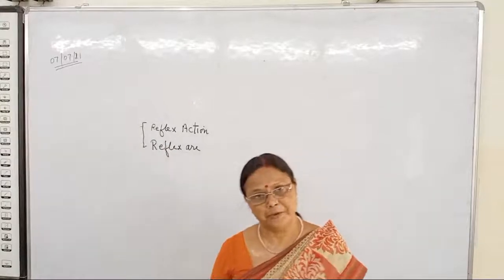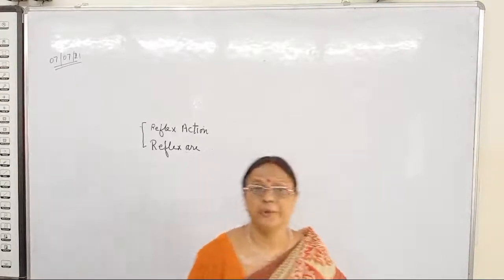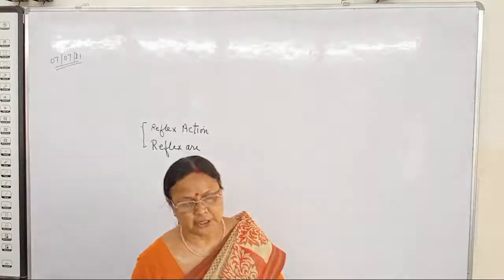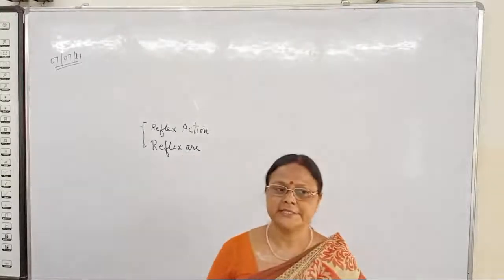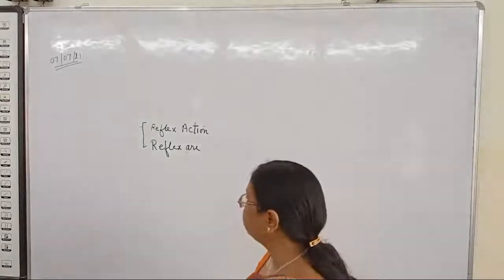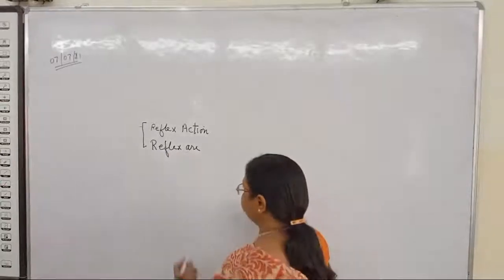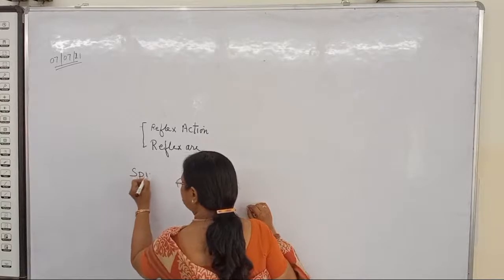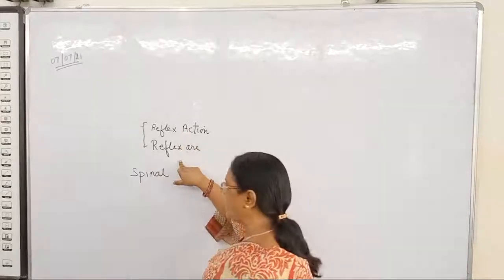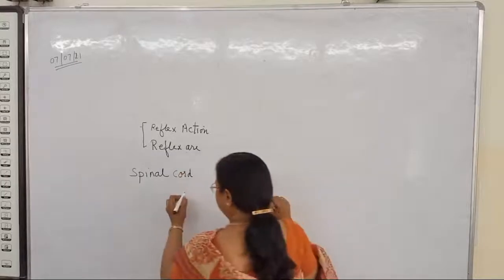You know the structure of the brain that we discussed, that it is divided into forebrain, midbrain and hindbrain. The forebrain is comprised of the 2 cerebral hemispheres and the diencephalon, and then the midbrain is there. Then you have hindbrain, in which you have pons and medulla oblongata, and this medulla oblongata continues in the spinal cord. So we will talk about the structure of the spinal cord before going to study the reflex action and the reflex arc. If you see the TS of the spinal cord, then you will see